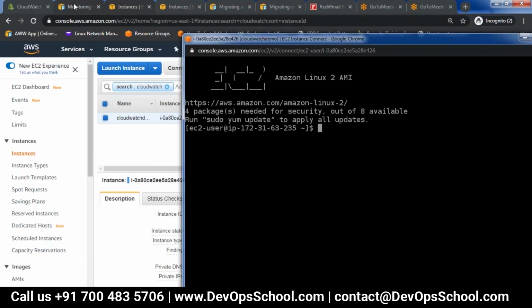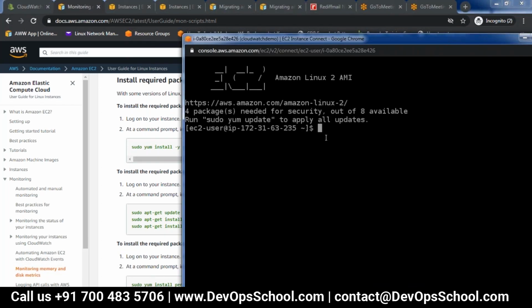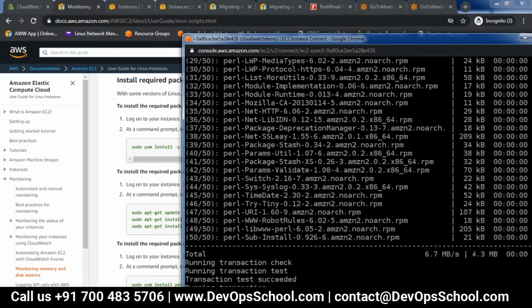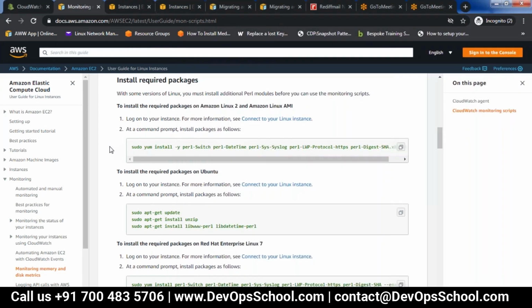Now let me refer to this document. What this document says is that you need to install the Perl modules because the scripts are written in Perl. So I will copy this, paste it here, and run it.